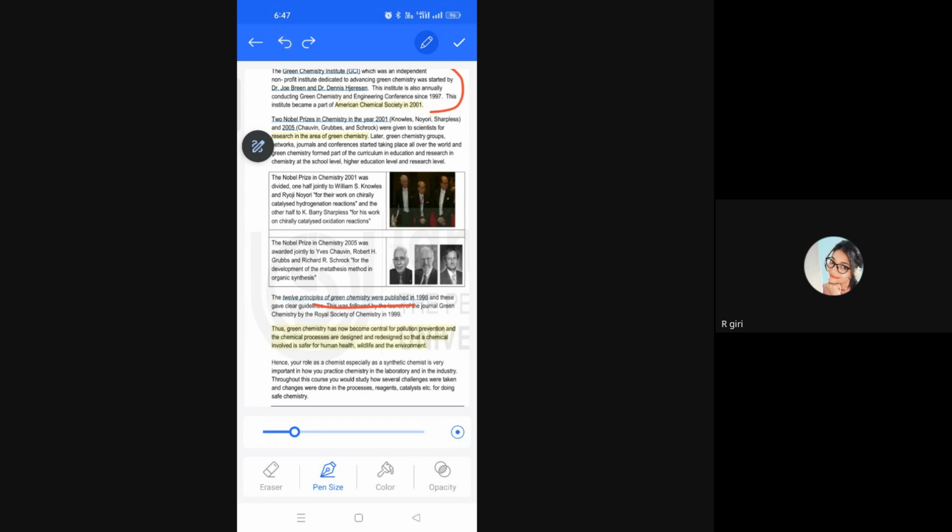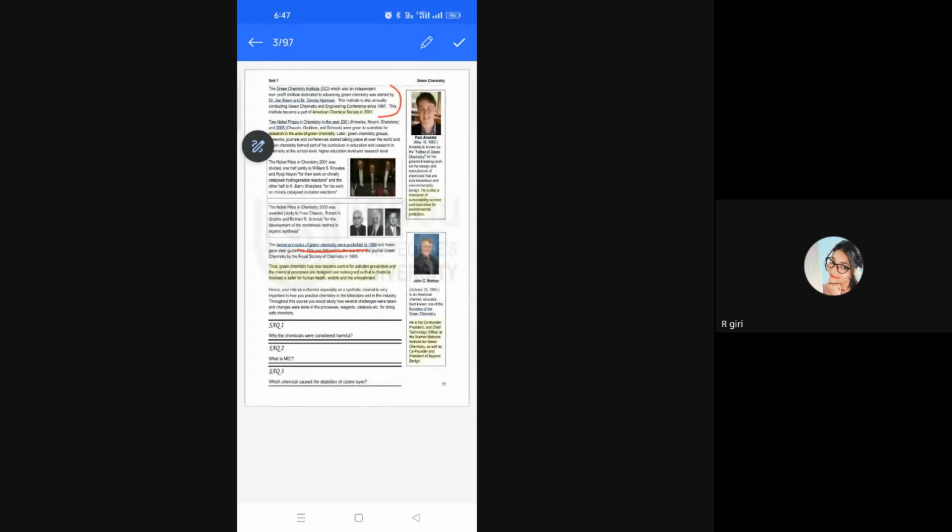Then we will directly jump to the 12 principles of green chemistry, which were published in 1998. They actually originated from two scientists. I have told you these two scientists, Paul Anastas and Warner, took the initiative for the development of green chemistry, and they together gave these 12 principles of green chemistry in 1998. But they took the initiative in 1990.